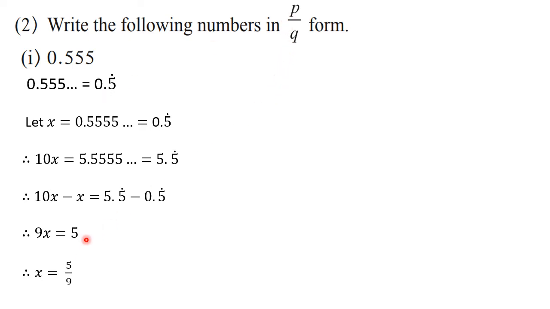I told you in MCQ that when you have 0 here and after that a point, then to solve an MCQ you can guess the answer directly. That is, if only one digit is recurring, then that number is divided by 9. If two digits are recurring, then the number which is given is divided by 99. This way you can guess the answer without solving also. But here, when the question is to write in the form of p upon q or to solve it, at that time you need to do all these steps. Now let's go ahead.